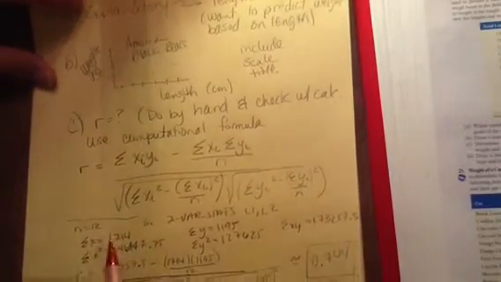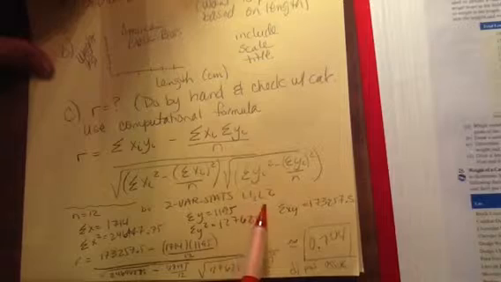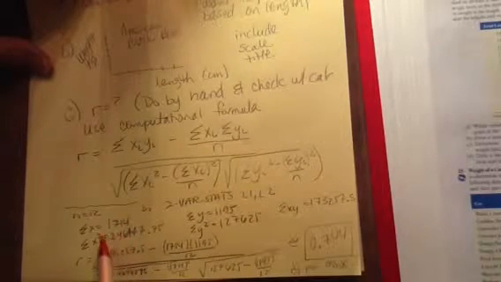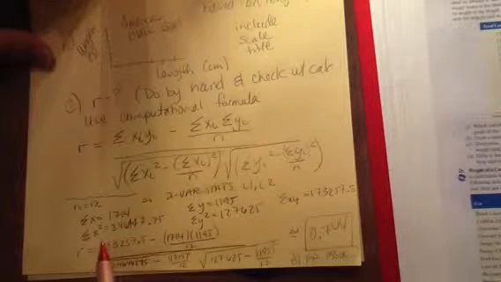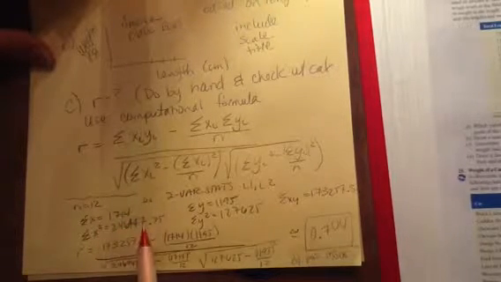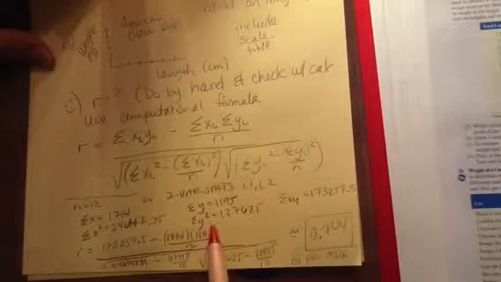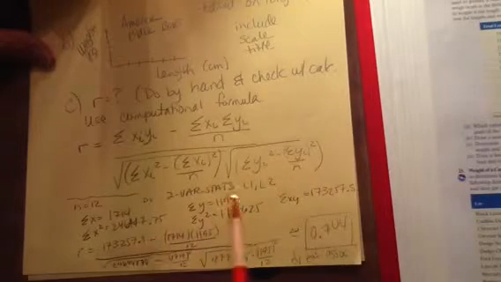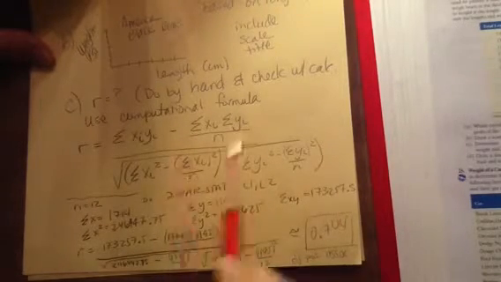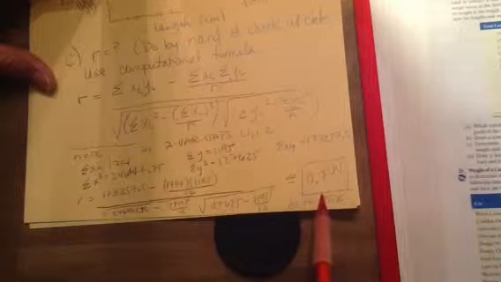Now when I do a two variable stats of list 1, list 2, this is the information that comes up. I have n equals 12, the sum of the x's is 1714, the sum of x squareds is this number, the sum of the y's, the sum of the y squares, and the sum of the x and the y's. This all is shown when you do a two variable stat. So basically I'm going to take this formula and plug everything in. So I plug everything in and make sure when you put it in your calculator that you actually put the parentheses in, and what you end up getting is approximately